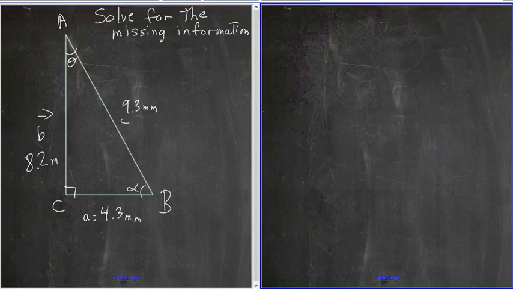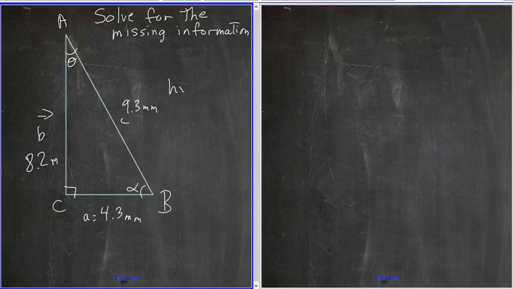Next thing I'm going to do is use my trigonometric ratios to solve for the missing angles. In this case, let's solve for angle B. So this is our hypotenuse. This is our adjacent. This is our opposite. So here we're going to use cosine,